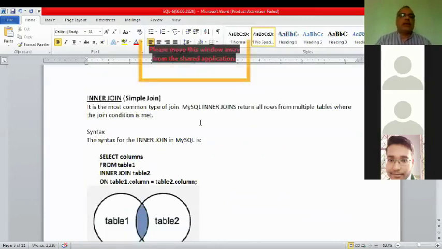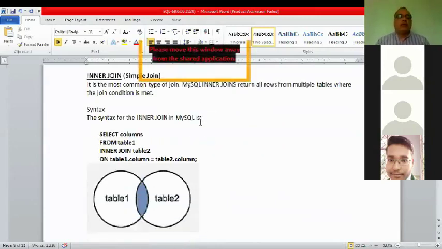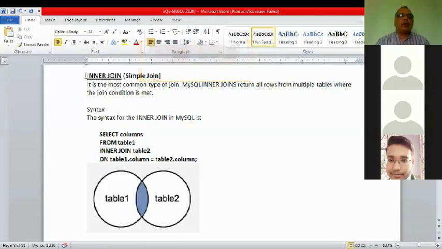What is inner join? When we join two tables to extract data from both of them, and we want to take only the common records from both tables, then such a join is called an inner join.